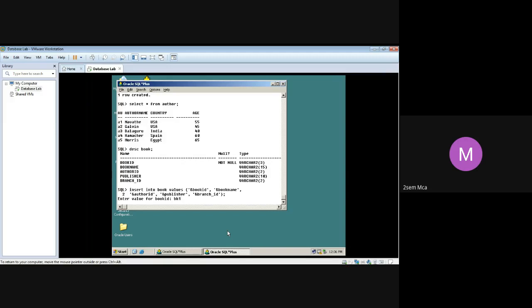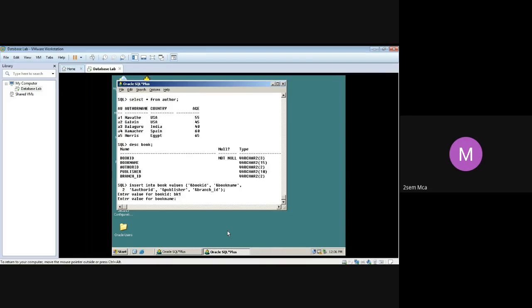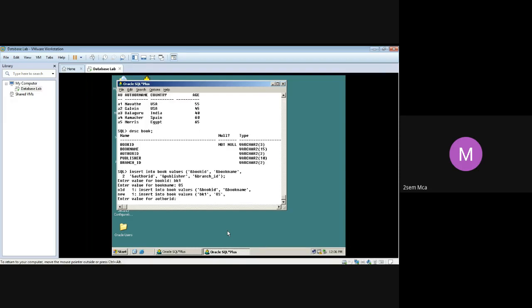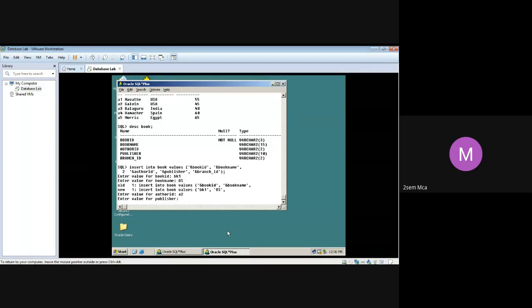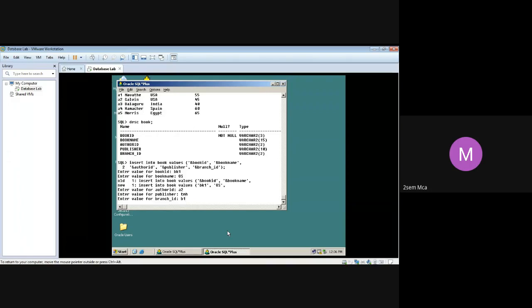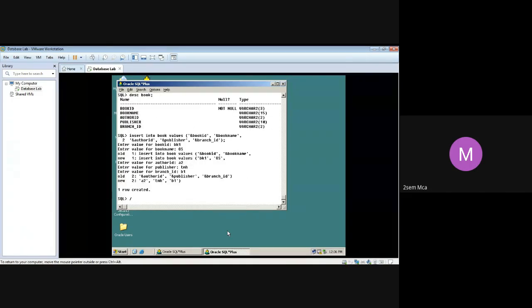Book ID is the primary key, so you have to have different book IDs. Book name is OS, author ID A2. Author ID should be one of those author IDs you have entered in the previous table, A1, 2, 3, 4 or 5. That's all, not more than that. Anything other than that you cannot give. TMH is a publisher. Branch also, you have to give one of the branches you have entered in the branch table.